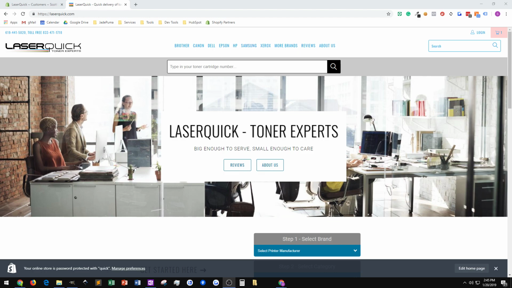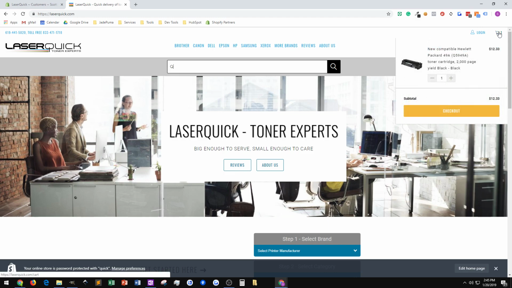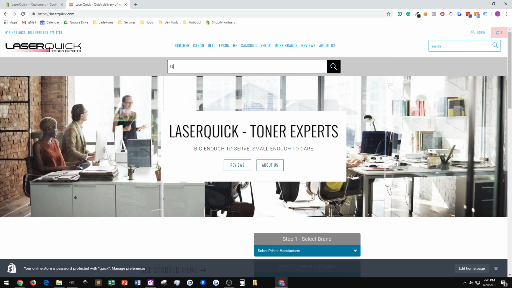And on the home page, there's two main ways that we have you finding your toner cartridge. The first one is just by doing a search for your toner cartridge number. So we actually added a search module right at the top of the home page. There's also one in the header across all the pages on the site, but this one's right on the home page. It says, hey, if you know your toner cartridge number, put it in right now. And I'm gonna put one in here. I'm gonna sneak over here and get a number, 5949A,